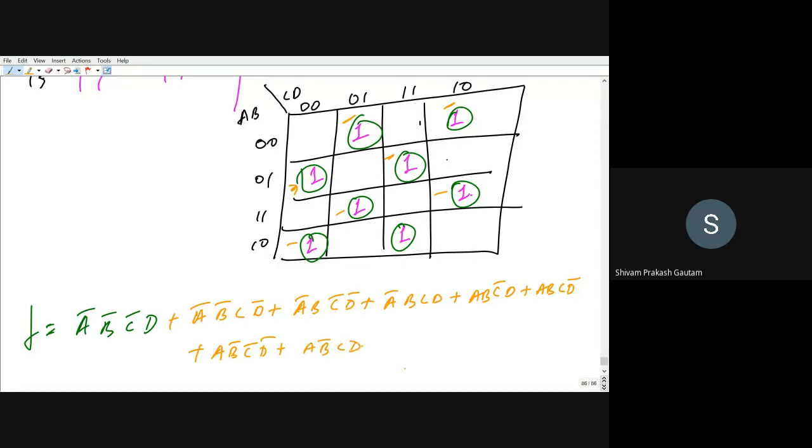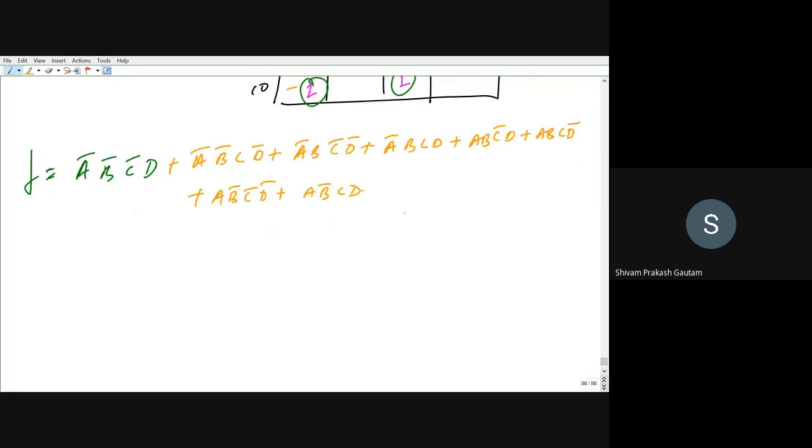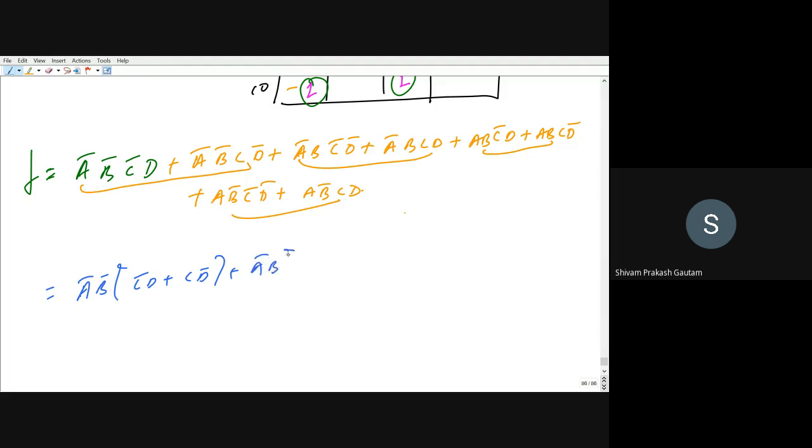Now you can take common from these two terms, then these two terms, then these two terms, then these two terms. So you can take common from the first, that is A bar B bar. If you take common, this will be C bar D plus C D bar. A bar B common, this will be C bar D bar plus C D. And from next AB common, this will be C bar D plus C D bar, plus AB bar common, this will be C bar D bar plus CD.